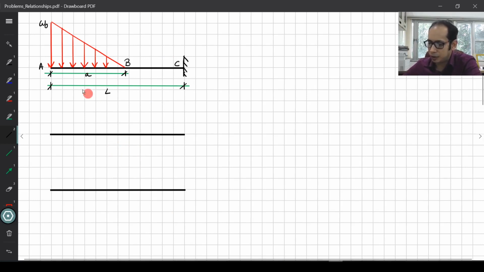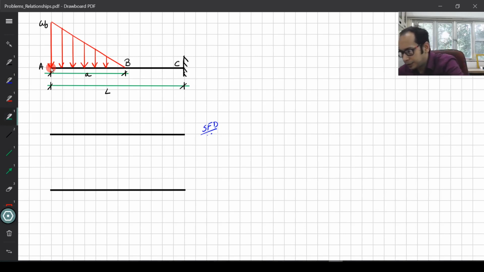Just by looking at the problem, you see at the very end over here there is no concentrated load, so your shear force at that particular point is going to be 0. So this is my SFD, and just for convenience of drawing, let me draw the lines that we have, the guidelines. So of course this is my point A. Intermediate, I have where the triangular load ends, I have the point B,